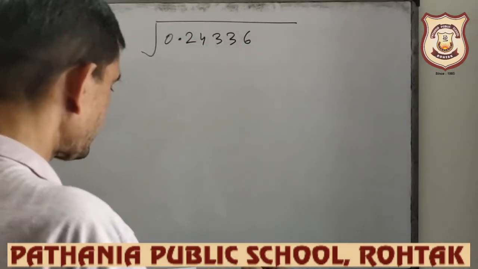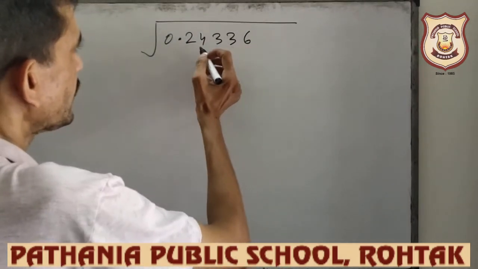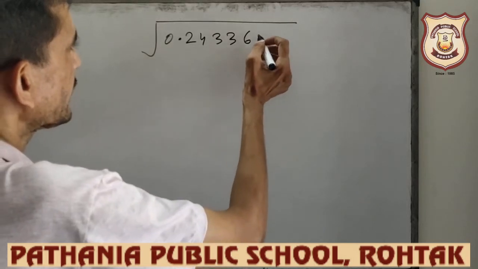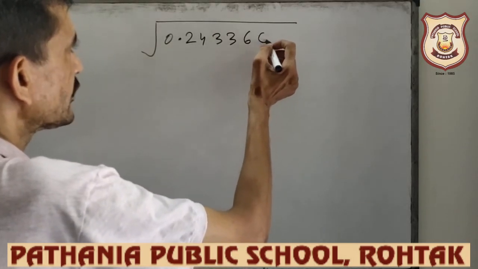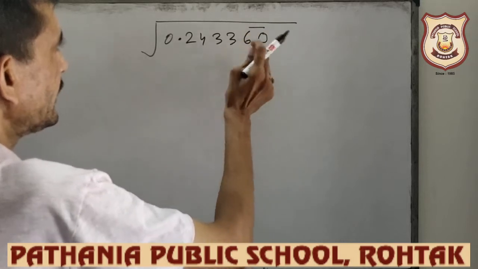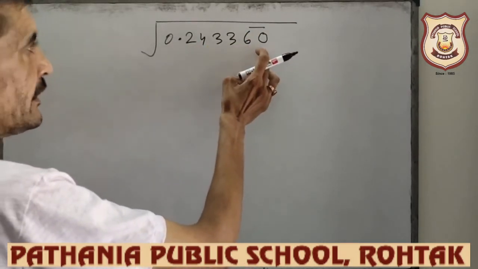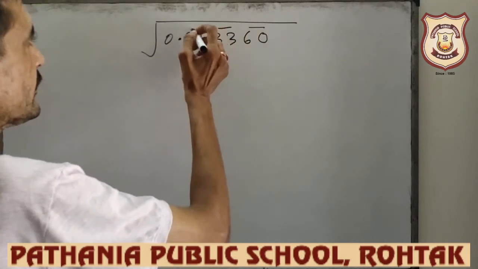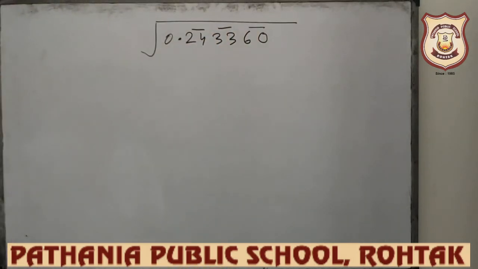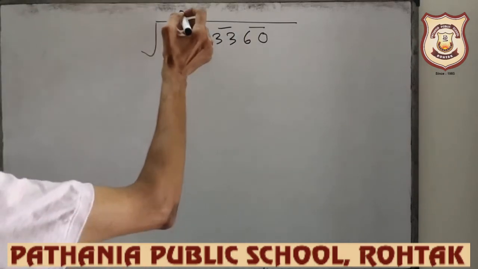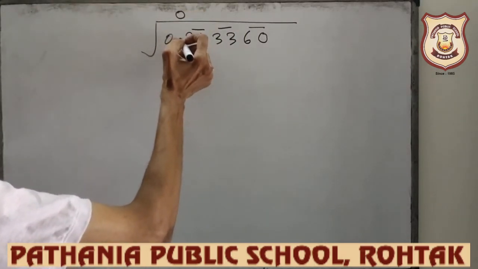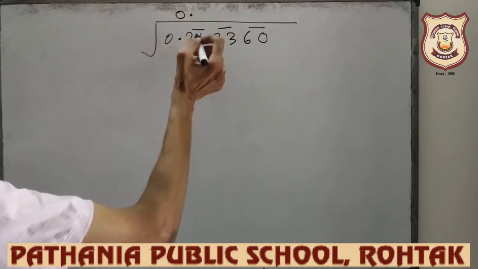Now I want to make pairs. And how are pairs possible? Because all these are not in proper pairs, so put one 0 there. It will not affect the given statement, because after the decimal we can put as many zeros as we want. Now find the square root. 0 is there, then start with 0, then the decimal, this one is there.